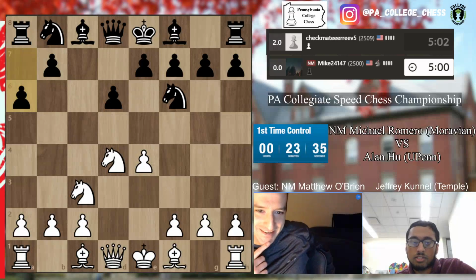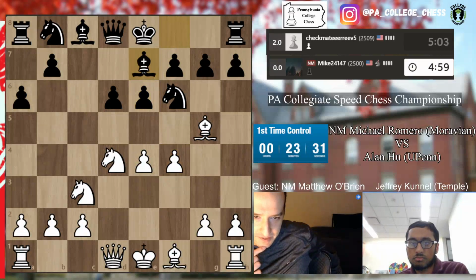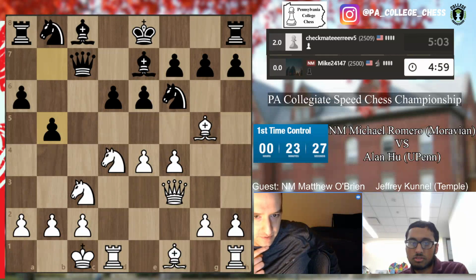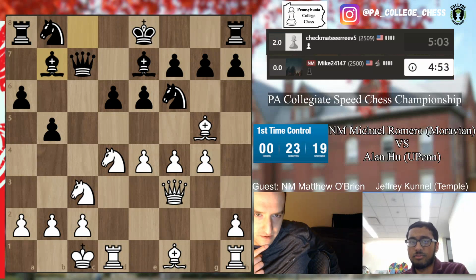Yes. That's not exactly what I expected. Okay. A match at such fast time controls, but yeah, we have two very evenly matched players. Ooh, this was a sharp line though. Okay, b5 early does not seem right. I feel like there was something wrong with that, but I don't...